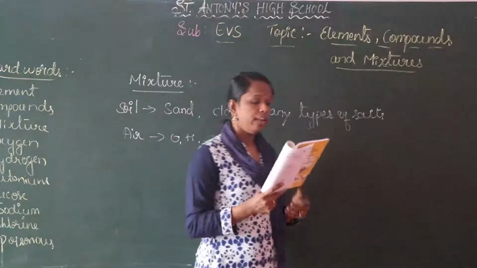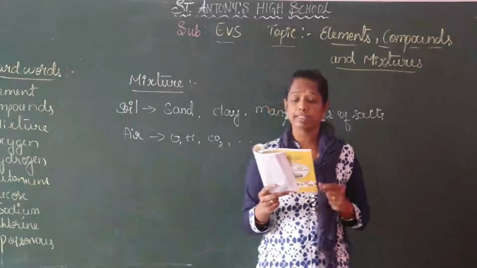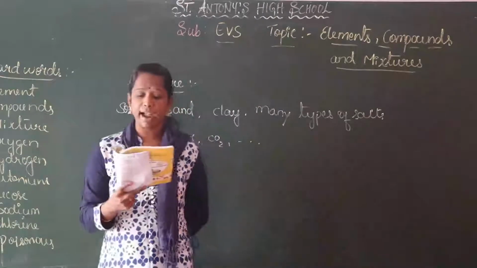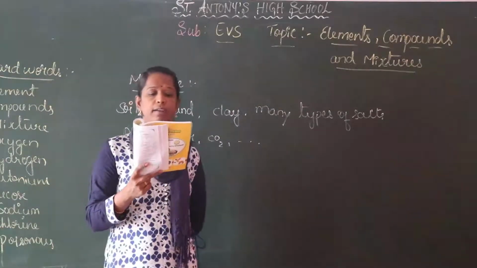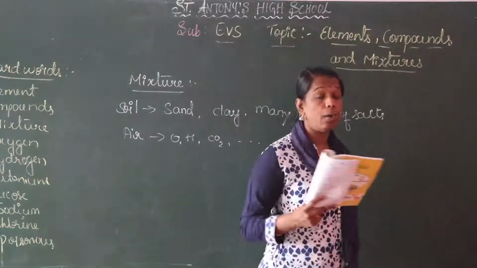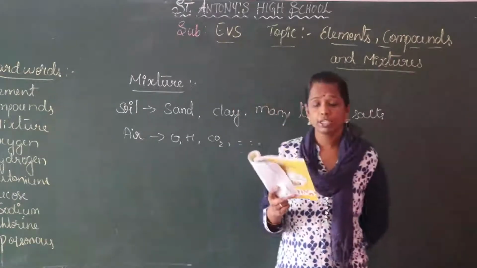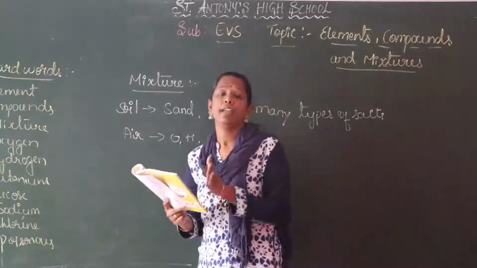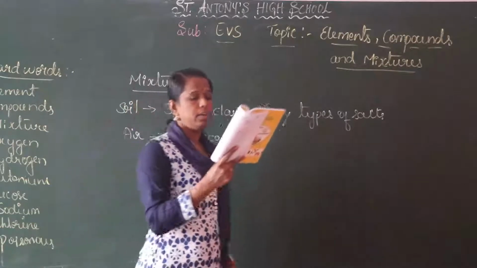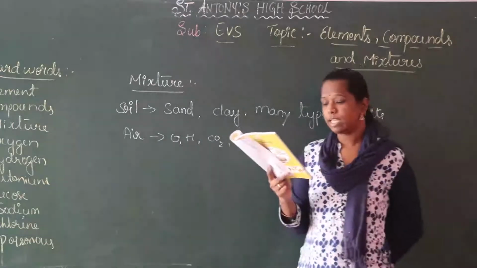Mixture. Fill in the blanks with suitable words. Elements consist of a group of same type of particles. Compound consists of a group of atoms of different elements. A compound is made up of 2 or more particles. A mixture contains 2 or more substances. It may be elements or it may be compounds. Give 5 examples to each of these. Take the help of your teacher.